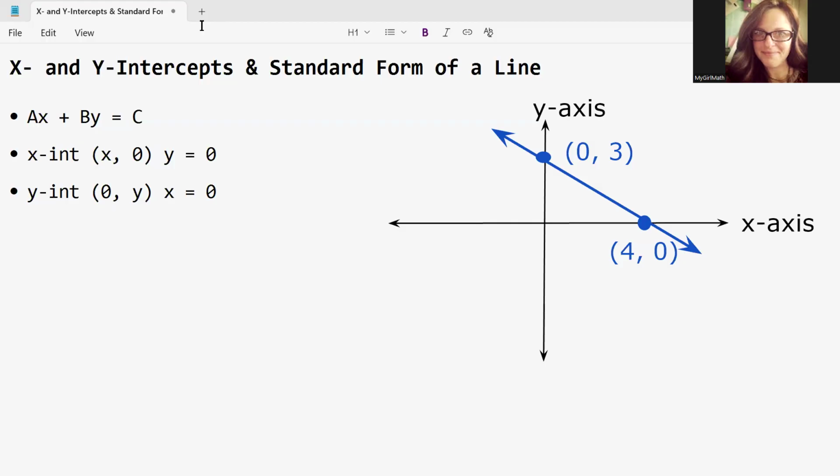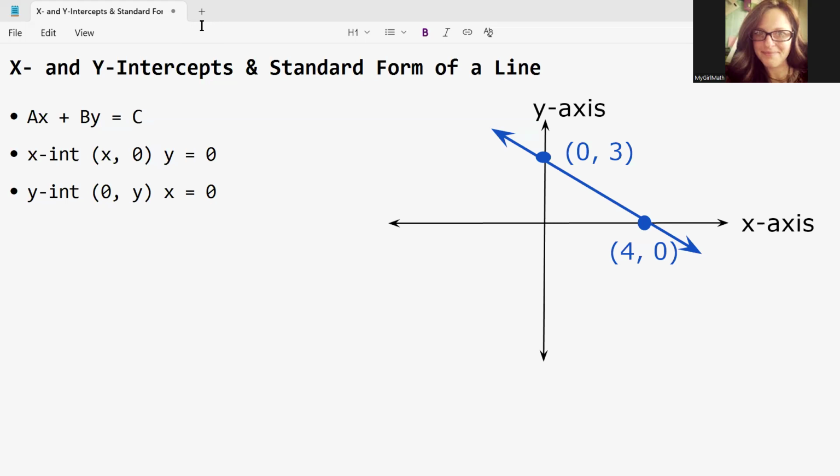Welcome to our session on x and y intercepts and the standard form of a line. Let's take a look at the graph of the line I have here. Let's identify the x-intercept and the y-intercept,